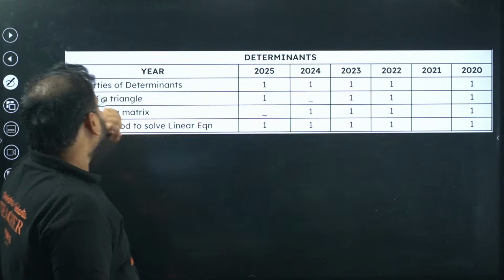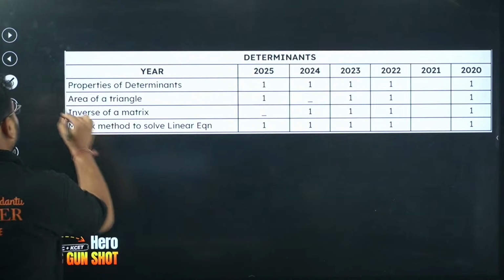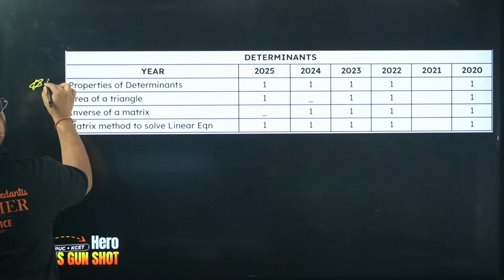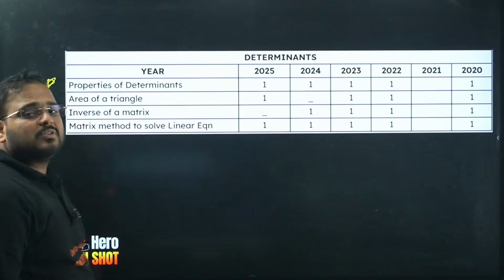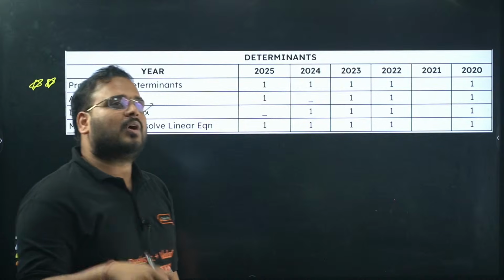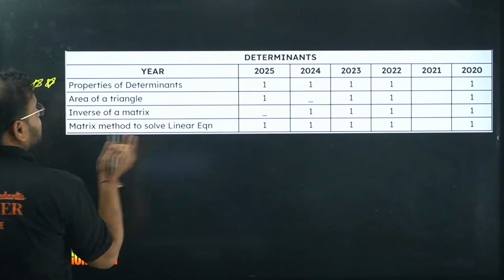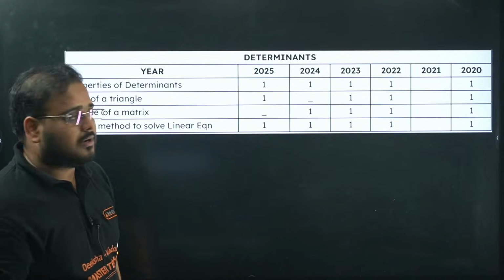If you check on this, properties of determinant, almost every year one question has come. Means very important topic. Very important topic is properties of determinant, usually asked in the, of course, MCQ side, but sometimes can also be asked in skew symmetric matrix and all of that. Okay, so yes, area, that is a matrix part, sorry, that is a matrix part, not the determinant.